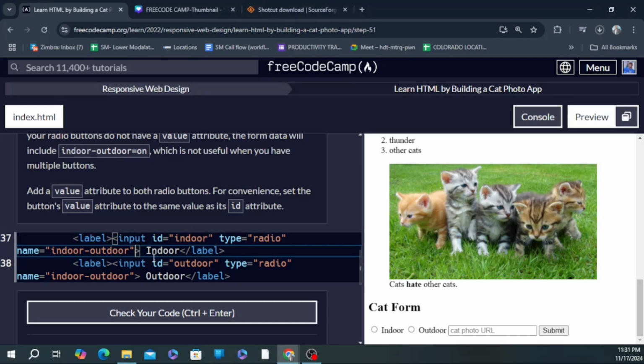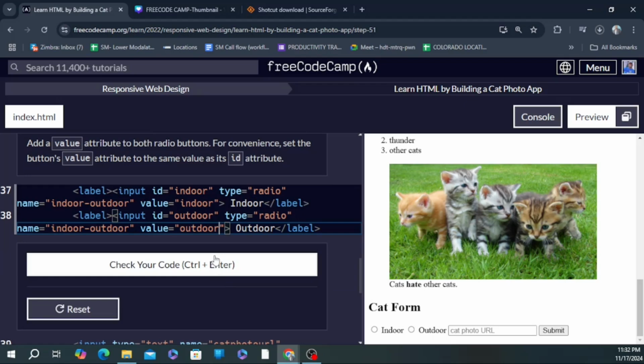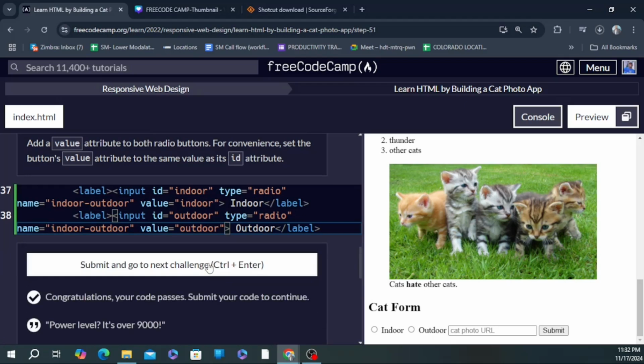So I'm gonna add a value attribute to the first radio button, which is the indoor, and the second radio button is supposed to have another value, which is the same as the ID. Okay, indoor, outdoor. Okay, now